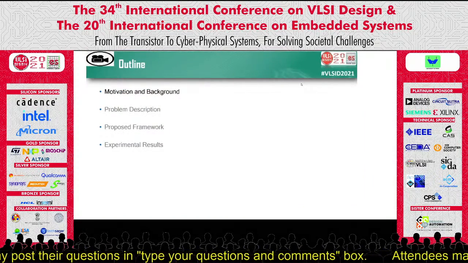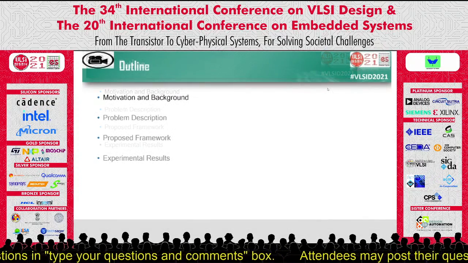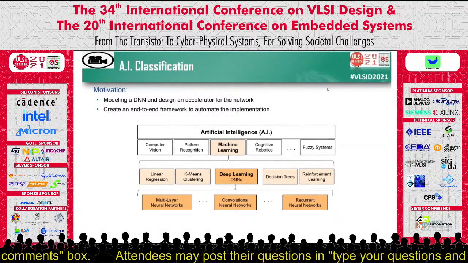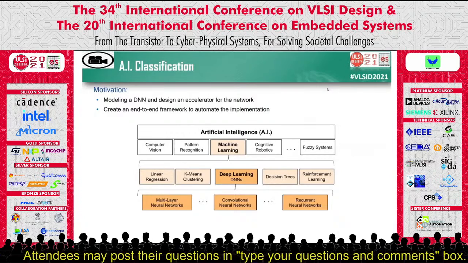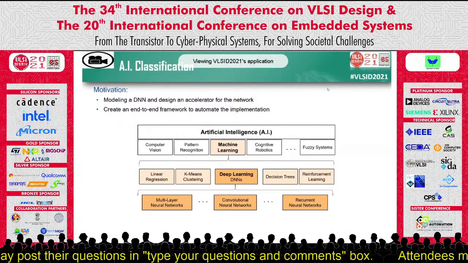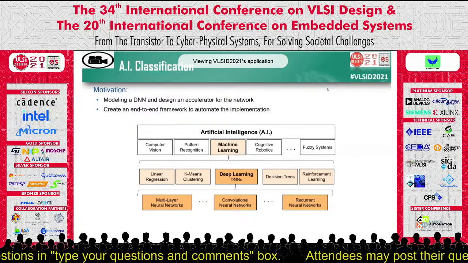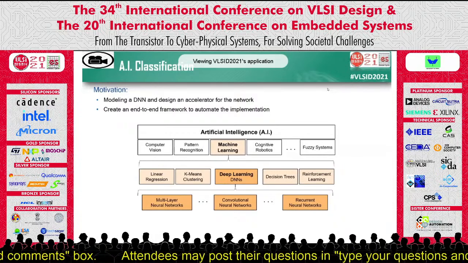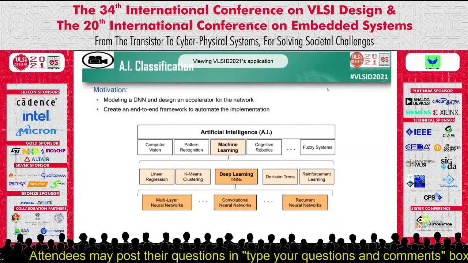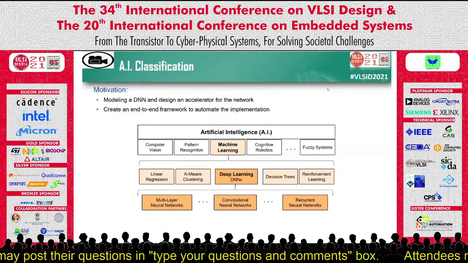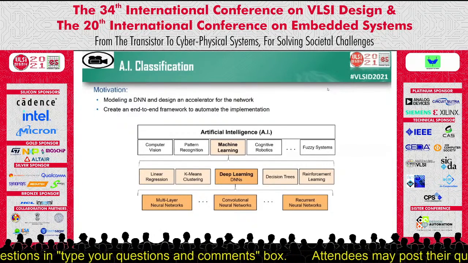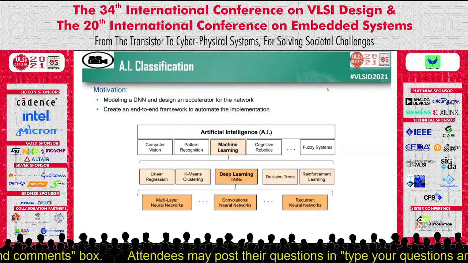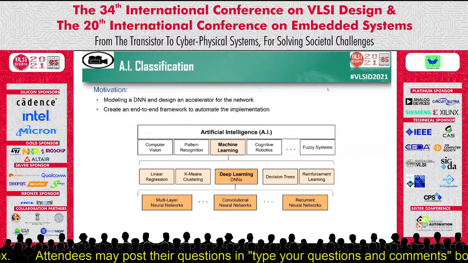Let's go to the motivation and background part. There are various types of artificial intelligence models in the world in different domains. One of the most common and powerful AI tools is DNN. Deep learning is gaining much popularity due to its accuracy when trained with a huge amount of data. A key difference is that deep neural networks extract features by themselves more compared to other machine learning tools. A very common network is the convolutional neural network, and in this project, this network is considered as a target.